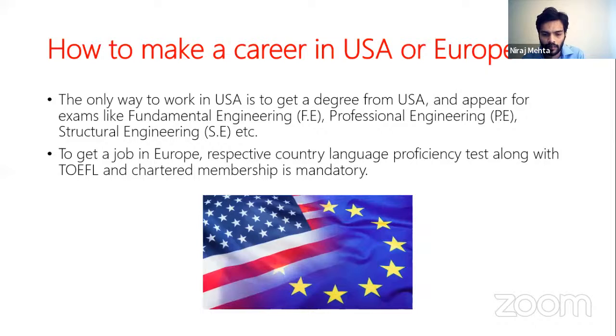Now these are all state-wise in the USA. You can start preparing for this professional engineering exam, give the exam, qualify for some states, and you can ultimately start working in these states. Then after it, let's say if you're in the structural field, after 7 or 8 years of professional engineering in your career, you can apply for the structural engineer license, which is the highest license for a structural engineer in the US, and then ultimately pass the exam and then get a job.